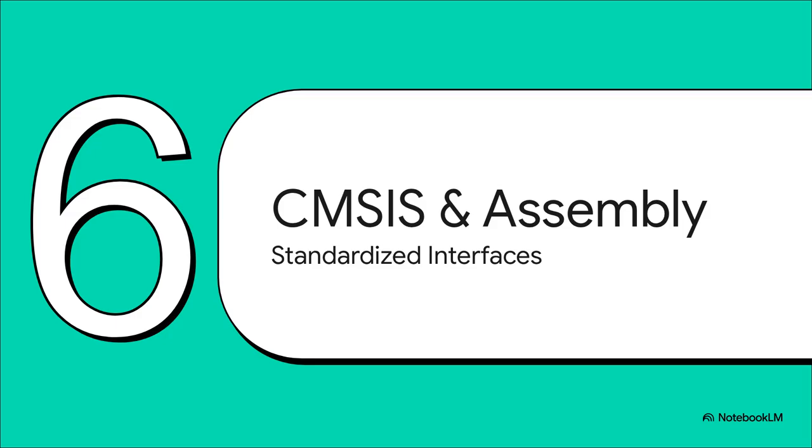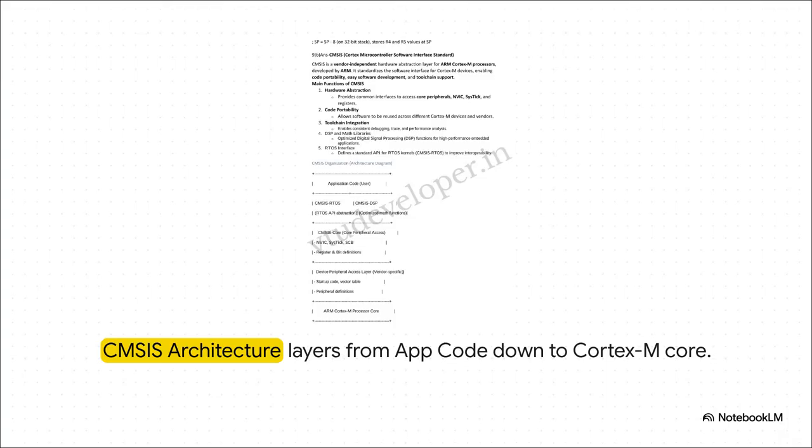And that brings us to our final stop, Section 6, CMSIS and Assembly Basics, standardizing the software interface. Imagine writing low-level code for dozens of different microcontrollers. It would be a messy, massive headache, right? Enter CMSIS, the Cortex Microcontroller Software Interface Standard. It acts as the ultimate universal translator. Instead of your application code having to talk directly to raw silicon, it communicates with the CMSIS core. This core layer provides standard names for registers and peripherals, neatly bridging the gap all the way down to a